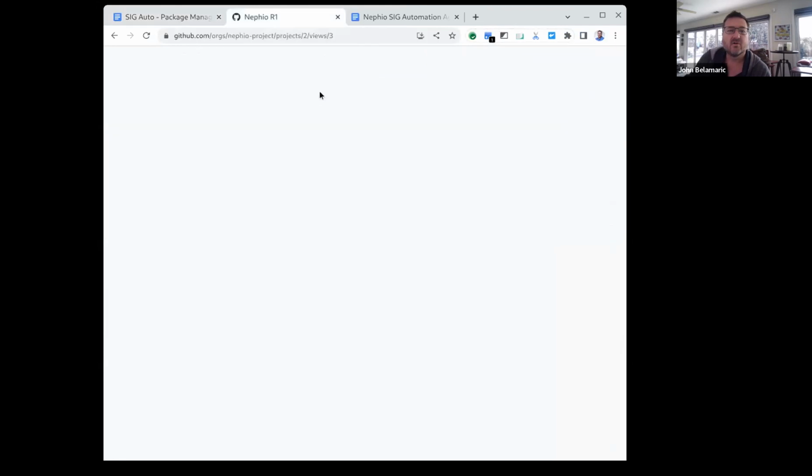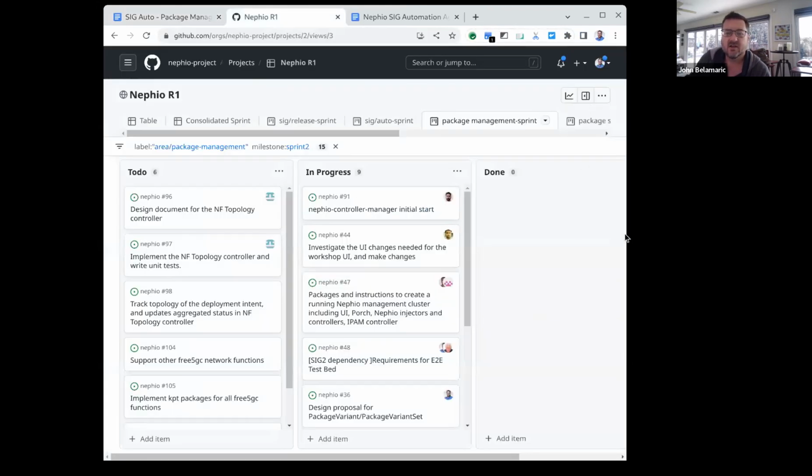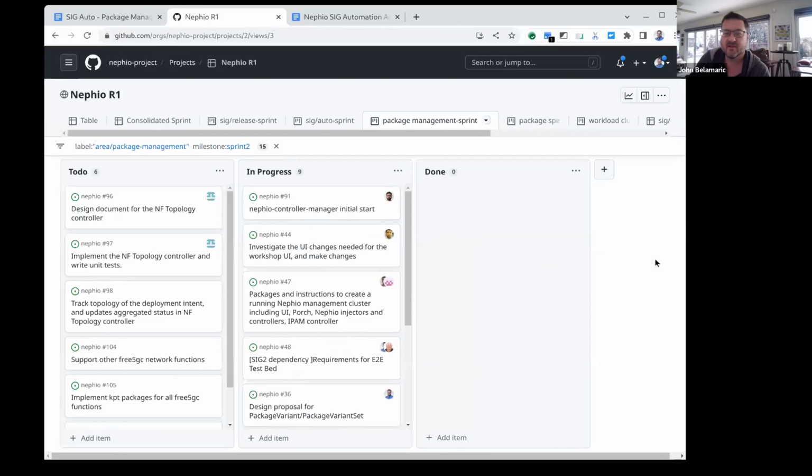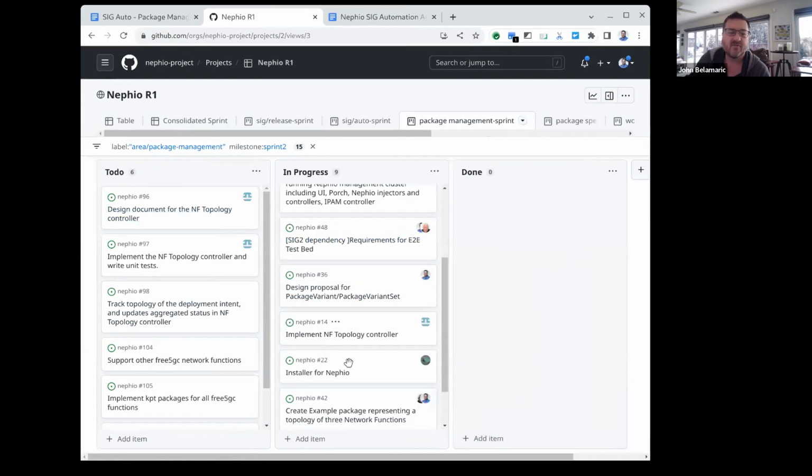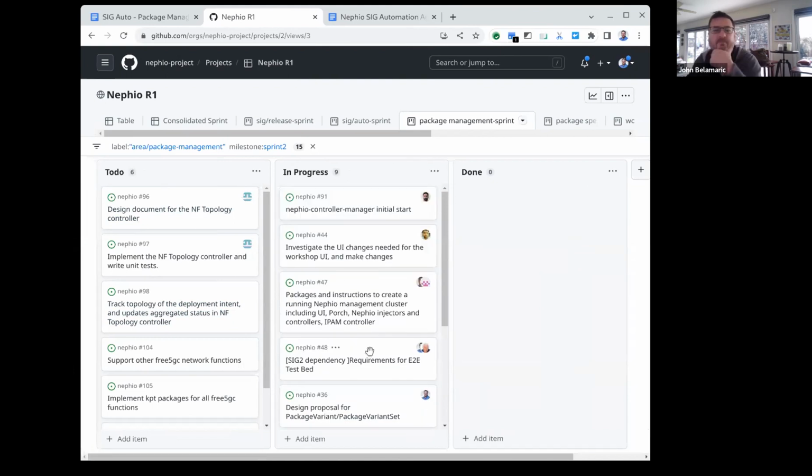All right, so let's take a look at this sprint board. I think we ended up carrying over a number of things, but overall, I just saw on Slack that Fish was asking what the overall theme is. That could be something we talk about tomorrow in the meeting, but I think